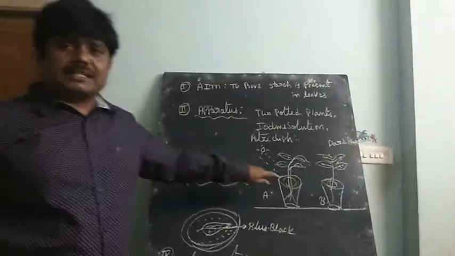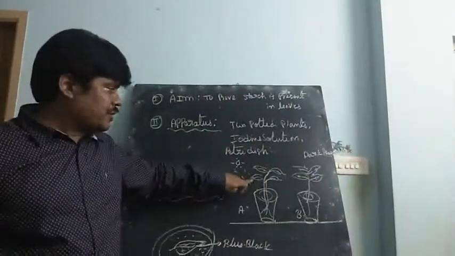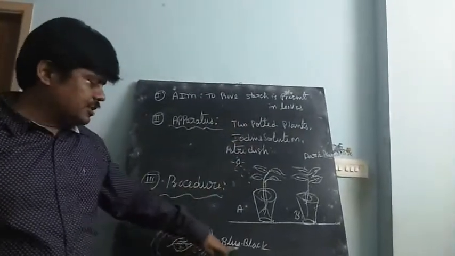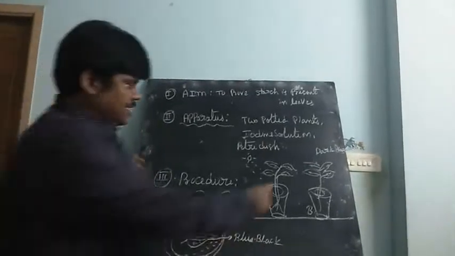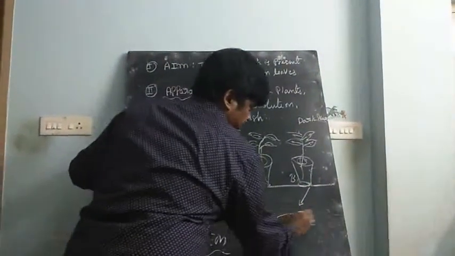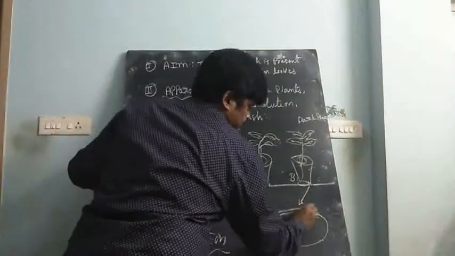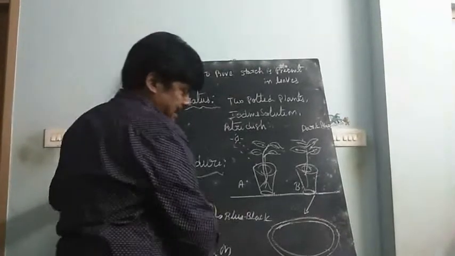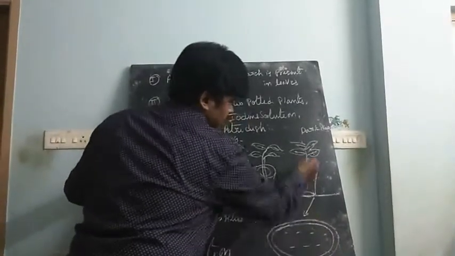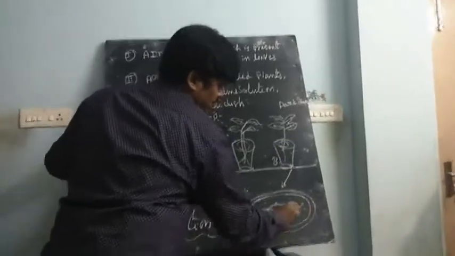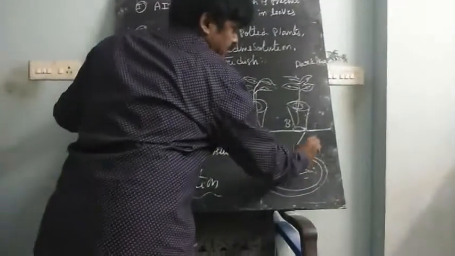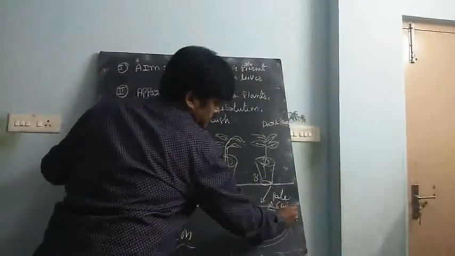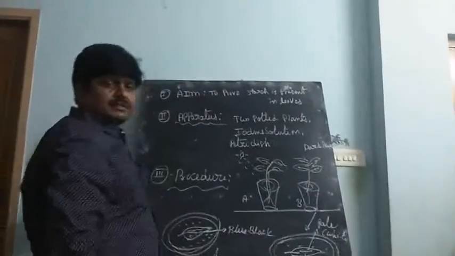The leaf which was taken from the potted plant kept in the sunlight has changed into bluish black in color. But next, in the same step, we remove this, fill in the iodine again, and this leaf is also drawn into the solution. Now it changes to pale in color. Pale means white. The white color is also present here.